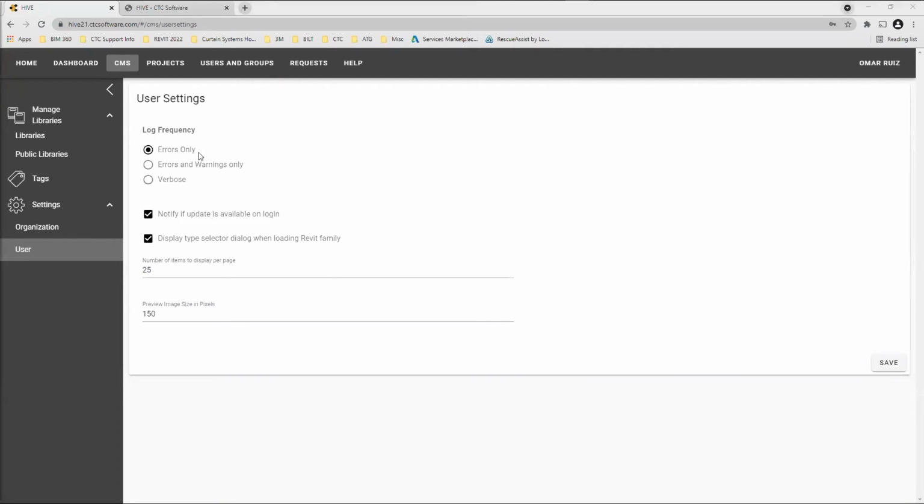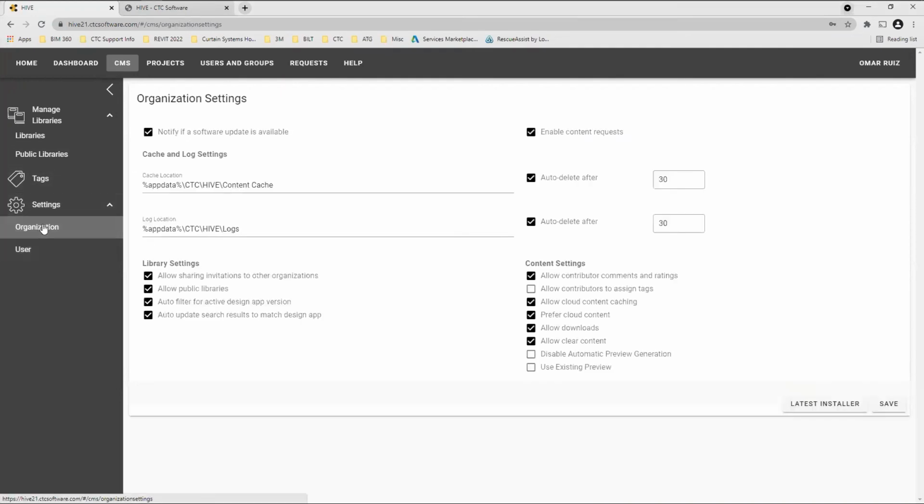Perfect. So one last thing that I wanted to talk about is in the organization settings. This is important. Not only when we get the update notifications in the Hive tool, we can of course do it from there, but for IT or the account admin or the managers, if they need the installation